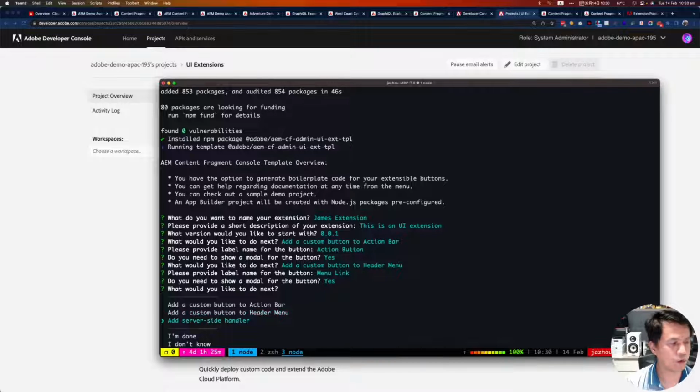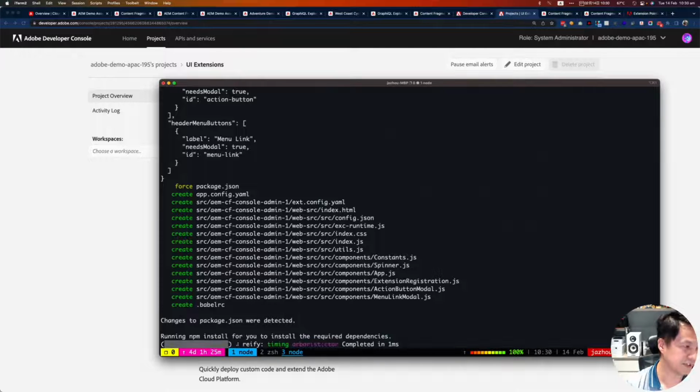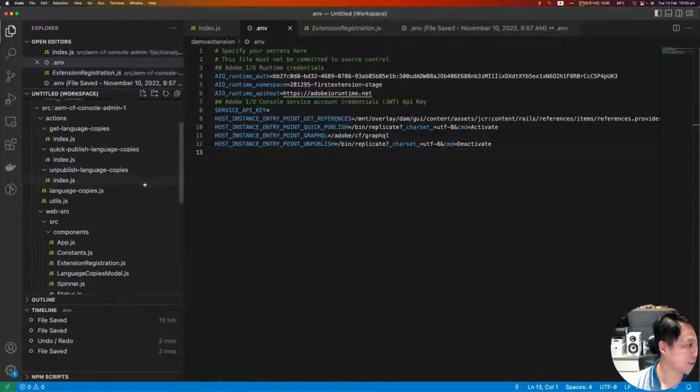Once you finish defining all the extensions you want to build, just click I'm done. Now that you've finished answering all the questions, the template will kick off and start initializing the skeleton of this. For everyone's time, I'll just show you what this is.